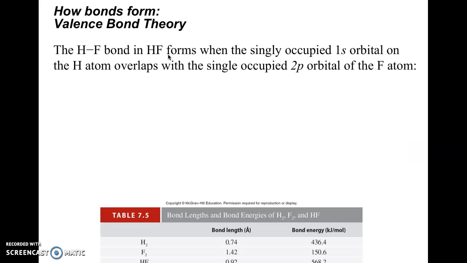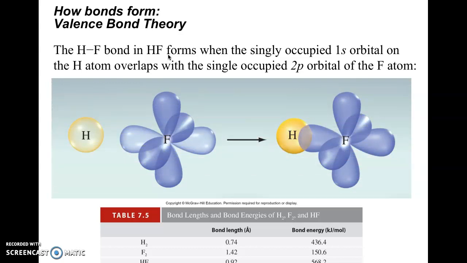And so in HF, you would have a 1s overlapping with that single electron in a 2p. So you have this diagram, and you can see the bond length and the bond energies that would be associated with that. So the bond length for HF is, you get a much tighter bond, and therefore it's a shorter bond,